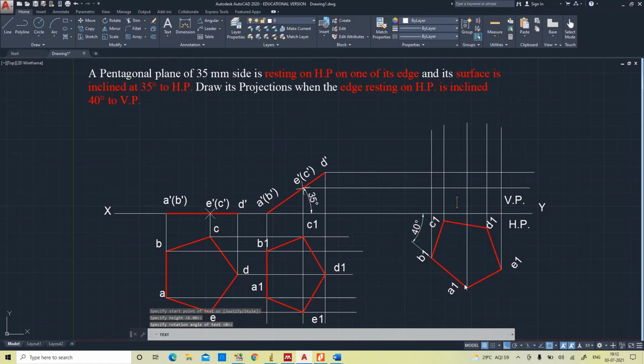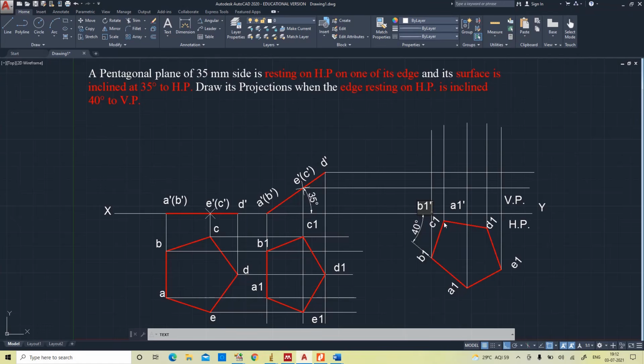Okay, see, this one is A1, this point A. So the front view is A1 dash, because now we are drawing the front view. So A1 dash, and next this one is B1, and here B. This point will be the B1 dash.